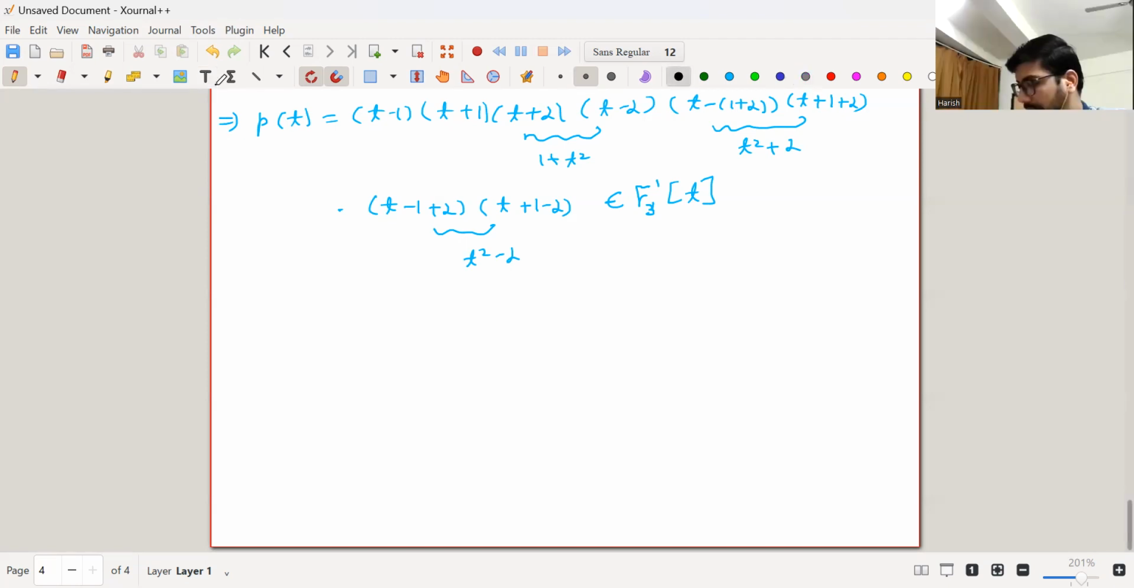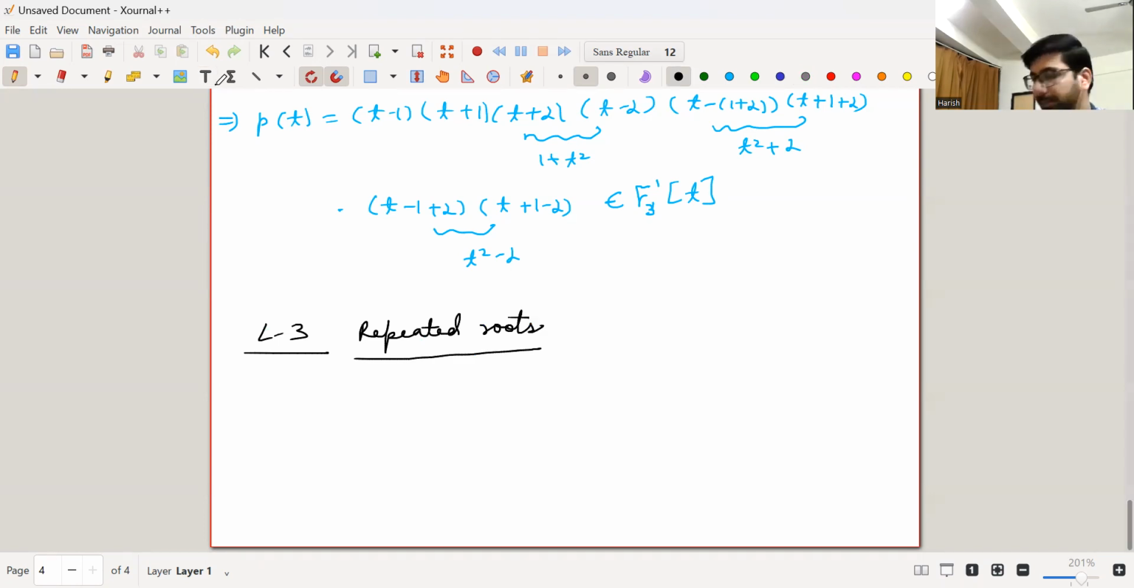Okay, so now lecture 3 we can start. That means the repeated roots, that is based on the repeated roots of a polynomial. Repeated roots. So what does this mean? So the lecture started by defining the derivation of a polynomial,